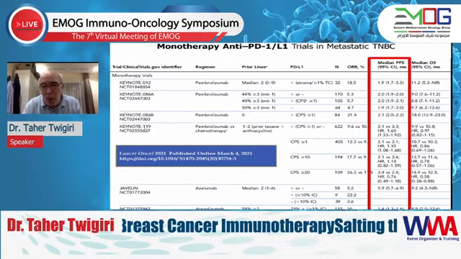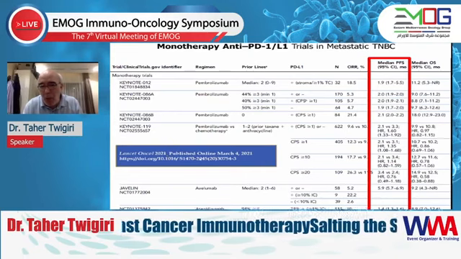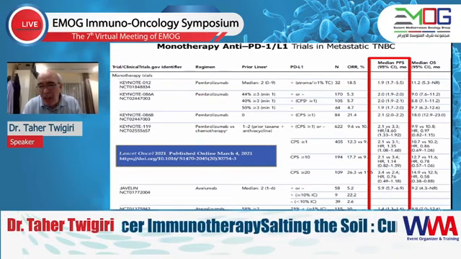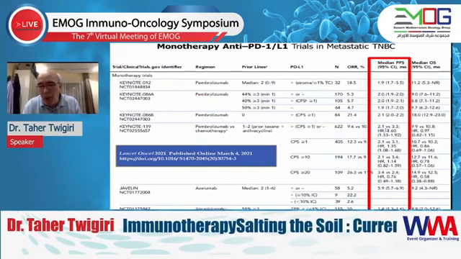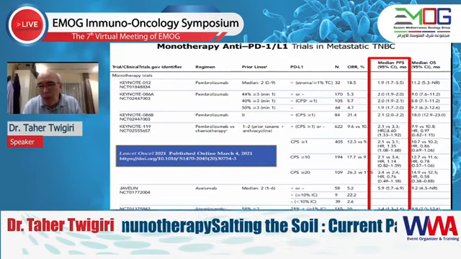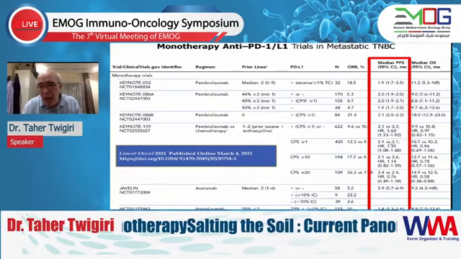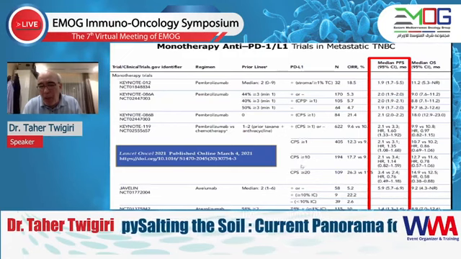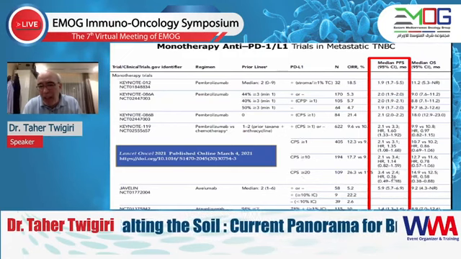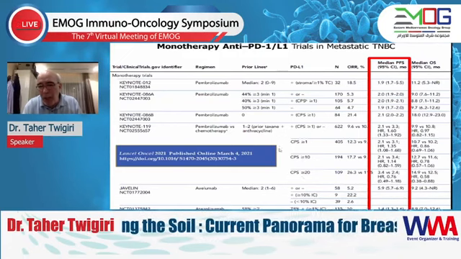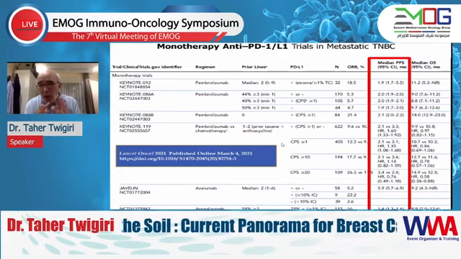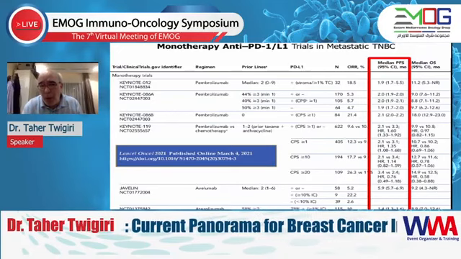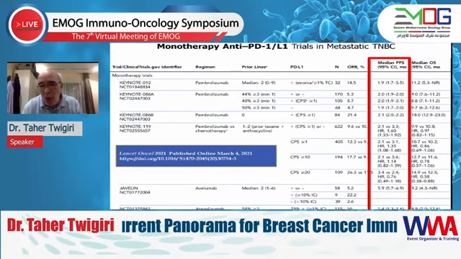This is Keynote 119, just published on March 4, 2021, showing that the progression-free survival for the whole patient population is about 2.1 versus 3. And this is, again, for those who are positive more than 1%, 10%, and 20%. Again, the progression-free survival is not dramatic. So the first message that I want to give you: don't spend money on monotherapy for a patient with